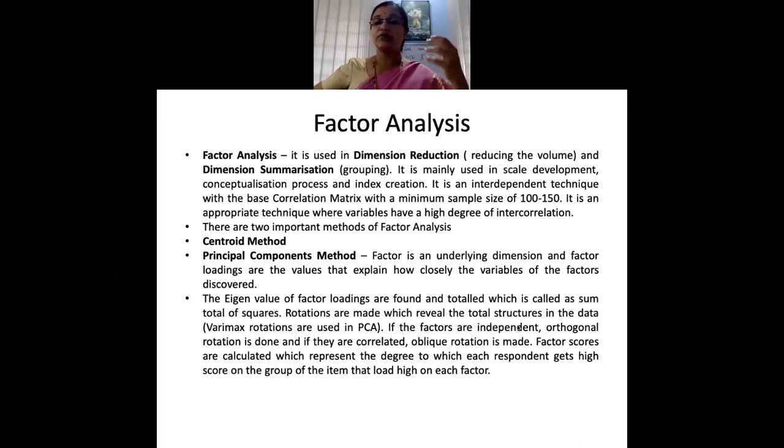Okay, so for what our economy is going through, you can do a scale development on certain aspects, and then you can identify the various factors. Now, once you identify a number of factors, you need to group these factors.